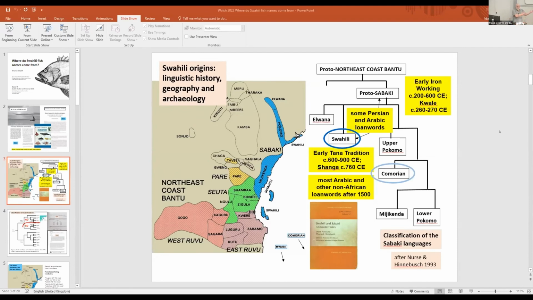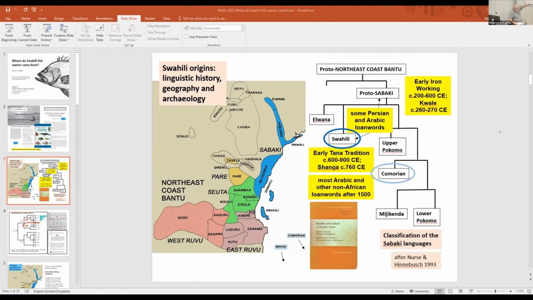So a group of mixed farmers arrive on the coast. This is obviously a simplification, but they arrive on the coast. They've not encountered marine species. And now we find that there are hundreds of names for them. Where did they all come from? And the following is just a preliminary sketch. And I won't really go into Comorian in this talk because it introduces a whole set of complications, some of them that I've not worked out for myself yet.